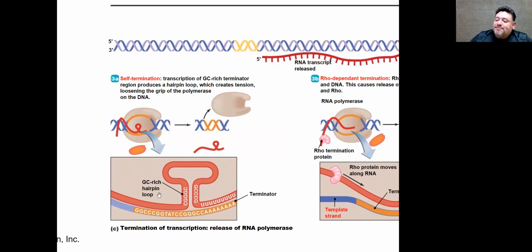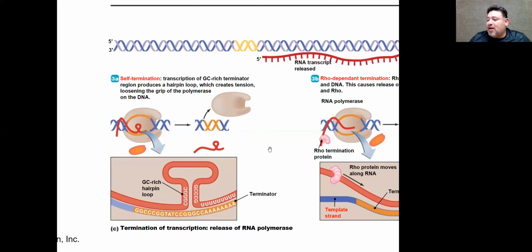So the great architect, what he did is, in some instances, there's a G-rich area followed by a C-rich area. And when this message gets synthesized, the G and the C come together, and they literally swap. They come together really fast. And when that happens, it knocks the message off of the DNA, and it removes the RNA polymerase off of it. So this is called self-termination,